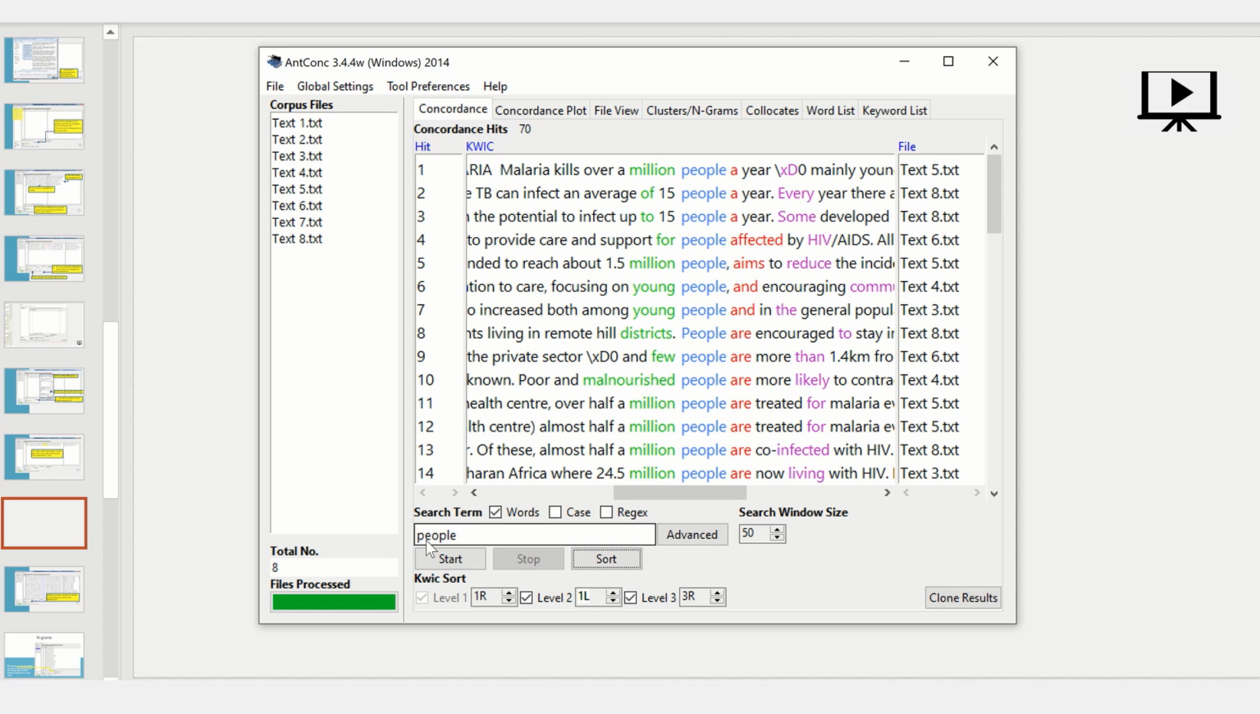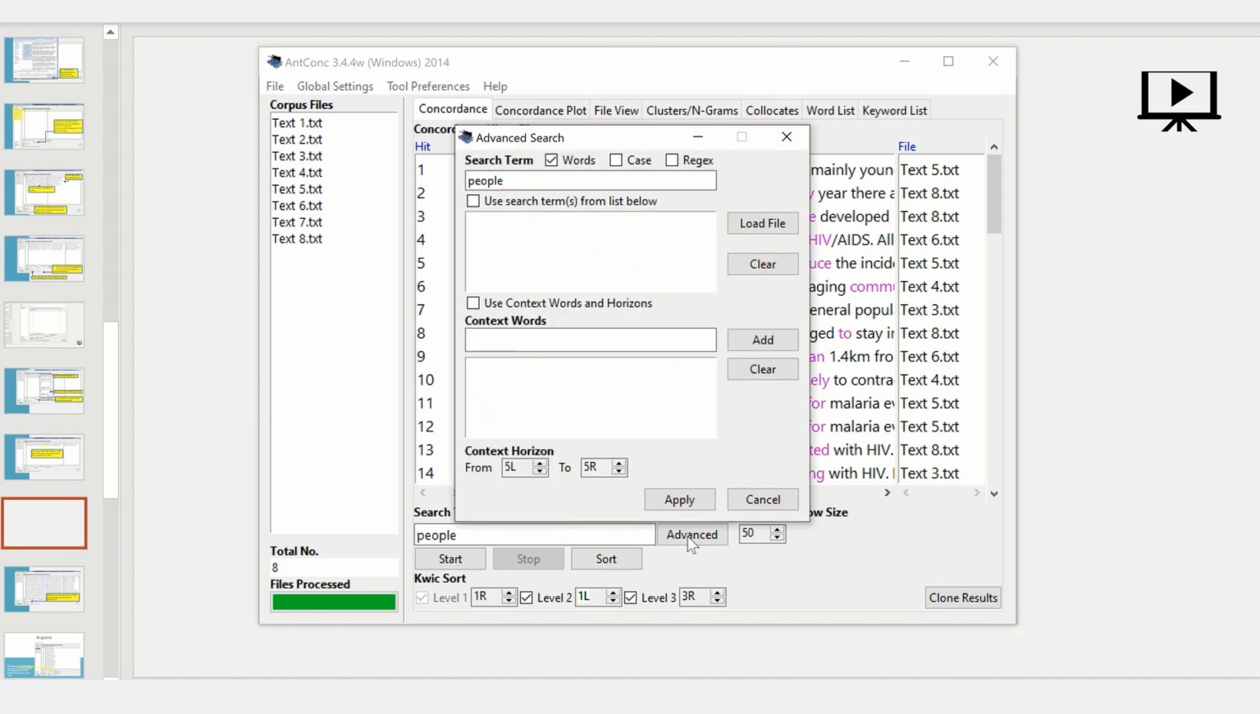So that was the case if you have a very simple query. But sometimes I want to know exactly if that word comes with the word people or not. So I want to make a very specific query. I can do that by pressing advanced. You can see